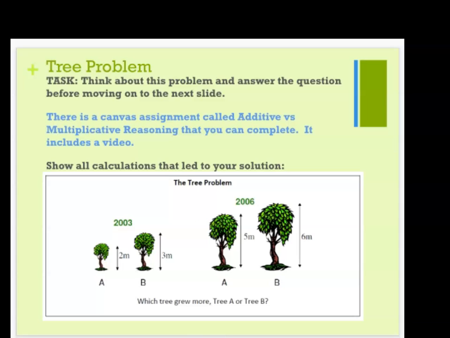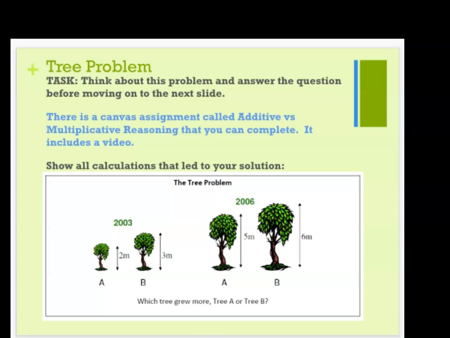This week I made your videos a little bit differently. I broke it into smaller pieces so you could watch just portions at a time, and that might help you get through the material. The first assignment you have is called additive versus multiplicative reasoning, and it starts with the